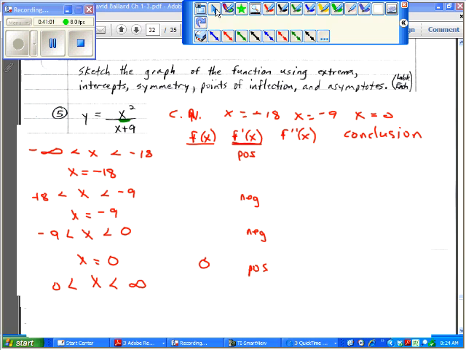Okay, into the second derivative now. I hope this isn't challenging to keep up with. If you're watching the video, you just obviously have to pause. If you want to go back and verify this positive negative thing, go back to your first derivative, plug in something in the interval and go from there. Okay? Now, if we look at the second derivative, in the second derivative, if I plug in